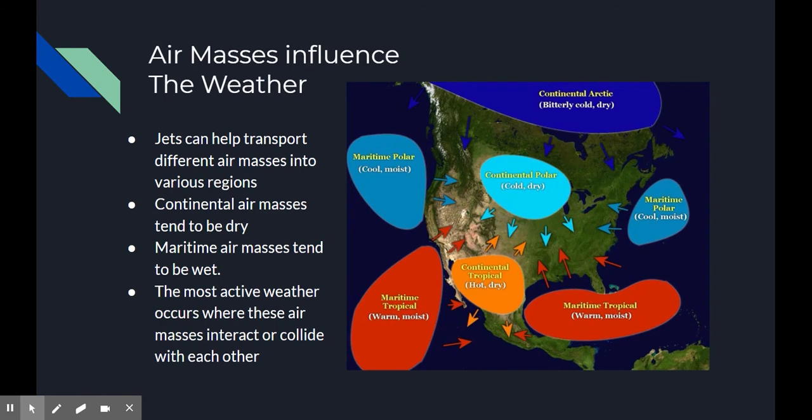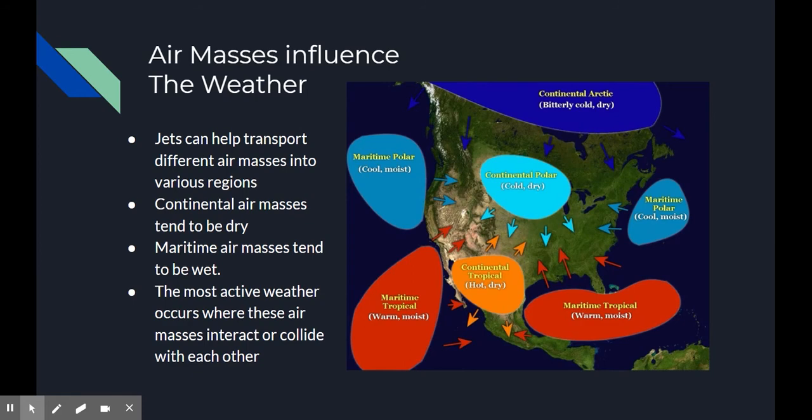The atmosphere is made up of several different types of air masses that are all identified by their source regions, their moisture content, and temperature ranges. In this image, North America has 7 such air masses that frequently interact to generate active weather across the area. Generally, continental air masses are dry and maritime air masses are wet. The further north you go, the cooler the air mass is. Many times during winter, the Arctic and polar air masses will be pulled southward, resulting in much lower temperatures in southern regions.